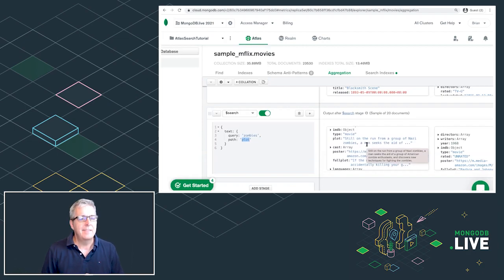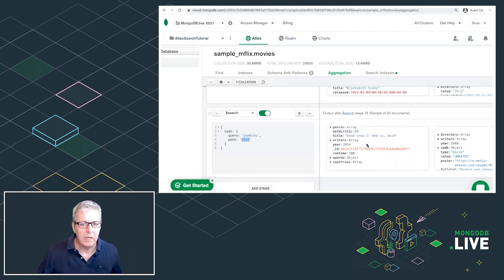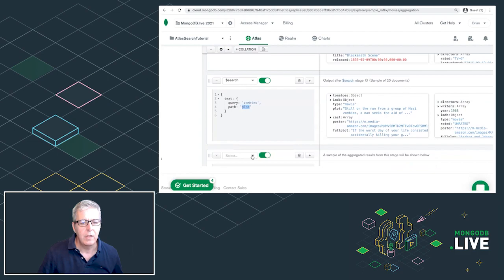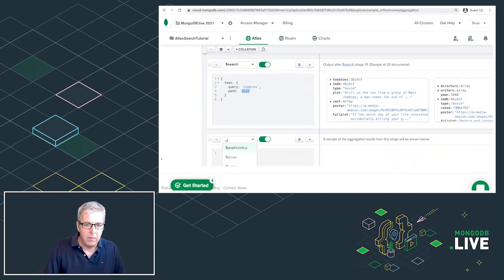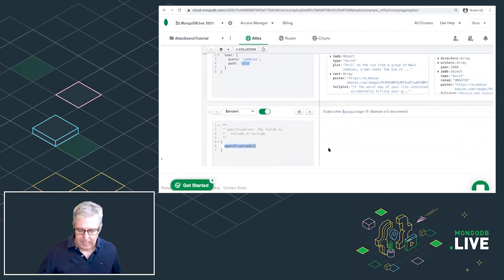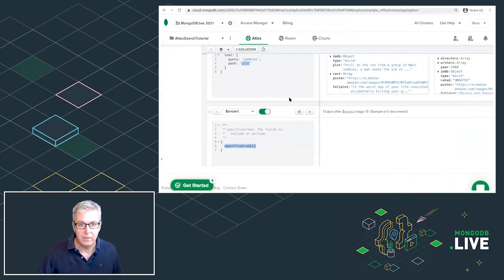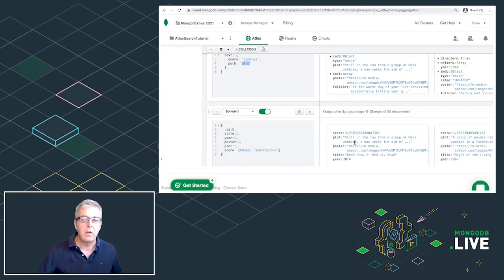As a next step, you can see we've got a lot of fields in our collection, and they're kind of overwhelming me. I don't want to see all these fields. As I mentioned, I can feed this stage of the pipeline into a future stage. So I'm going to add a new stage, and this time select the project stage. Switching back over to my snippets, you'll see the second snippet is project. I'm really just interested in these 5 fields. Just like before, paste that in, and you'll see our output is now a much simpler set of 5 fields.